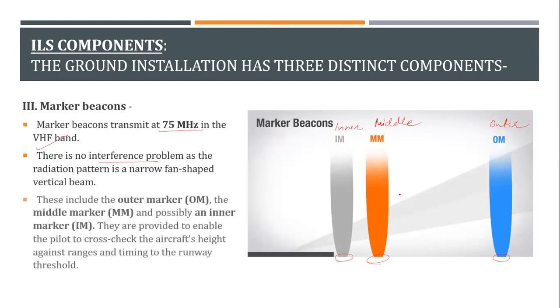This is simply to guide you to the runway, and to make sure that the pilots are correctly descending. Why? The same reason I discussed before. The glide path is very sensitive. It will only provide you guidance till 10 nautical miles. Before then, how will you establish where the runway is? You can use a VOR, but what about ILS? How will you establish on the ILS? So this is where the marker beacons play their role. And as I told you, it is not a necessity to install them. It just makes it easier for traffic to be monitored and managed properly.